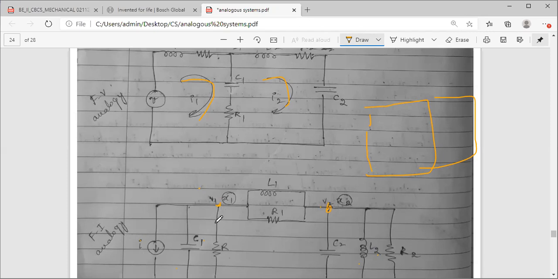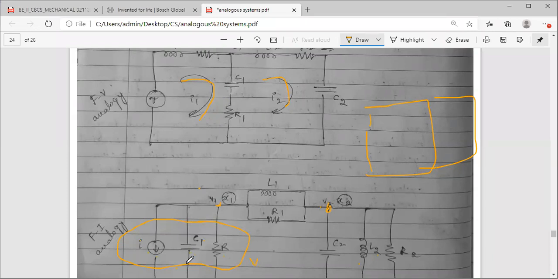Then coming to the connections, these three things are in parallel. You know that whenever things are connected in parallel, in node analysis, the voltage remains the same and the current divides. You know about this already. Kirchhoff's current law and voltage law you have studied. So for parallel connection the voltage remains constant. So here you are now connecting these three elements in parallel.